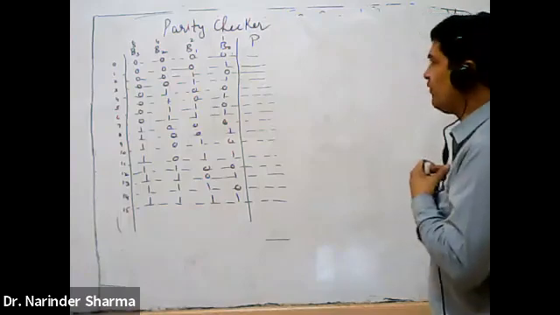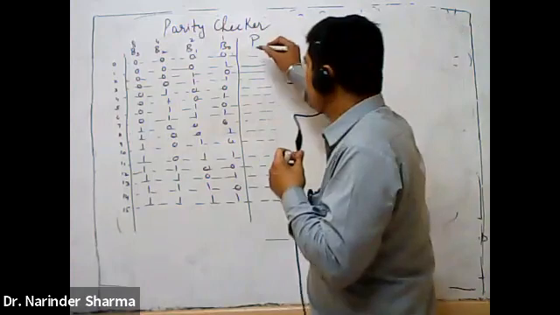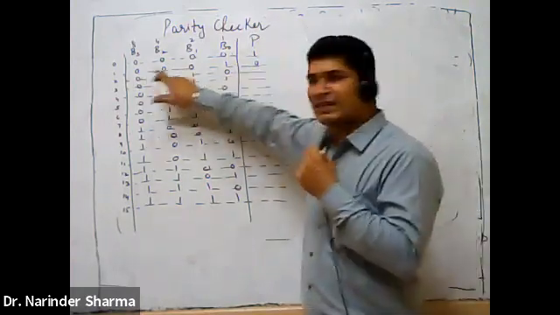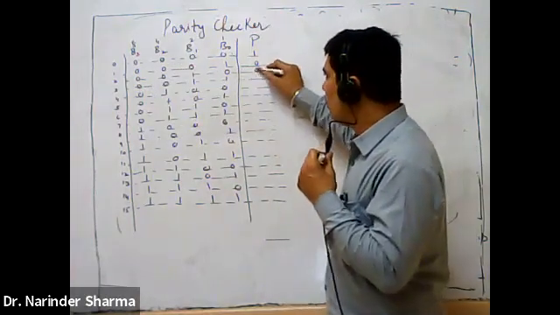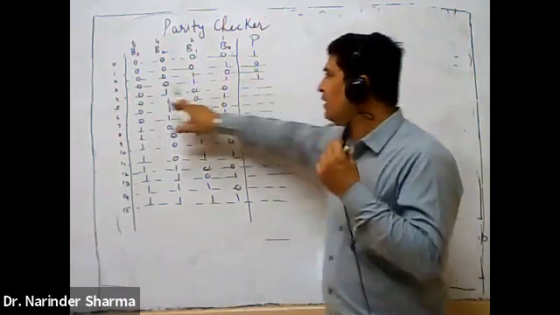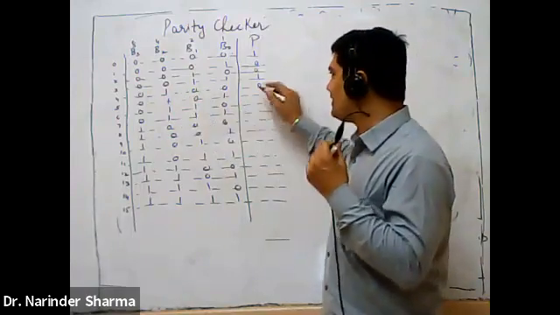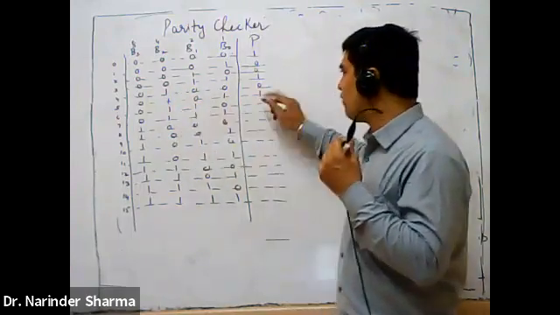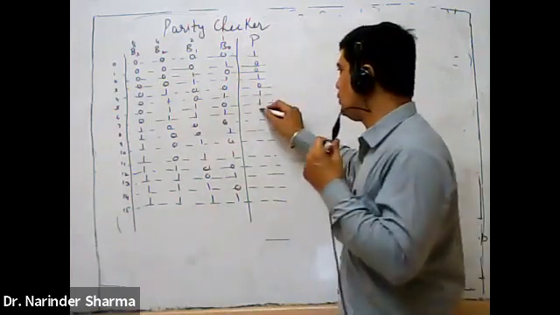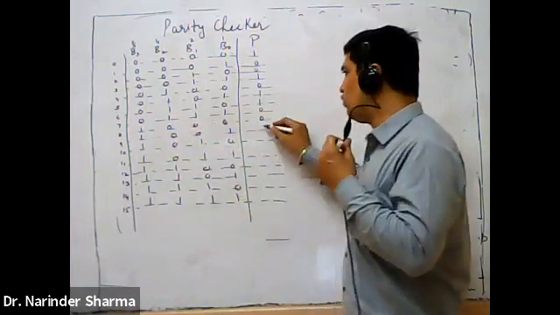Now we will go for even parity. So 0 is by default set to be even. How many ones are there in 1? Only one. So write here 0. How many ones are there in 2? Only one. Write here 0. How many ones in 3? 1, 2. It means even. Write here 1. In 4, only a single one. Write 0. In 5, 2 ones. Write here 1. In 6, 2 ones. Write 1. In 7, 1, 2, 3. 3 ones means odd. Write here 0. In 8, there is a single one. Write here 0. In 9, there are 2 ones. Write here 1.